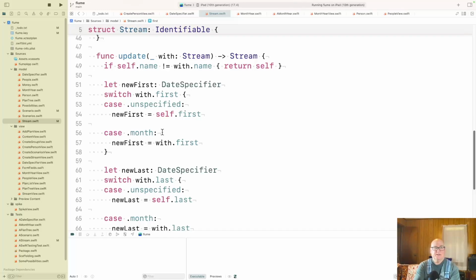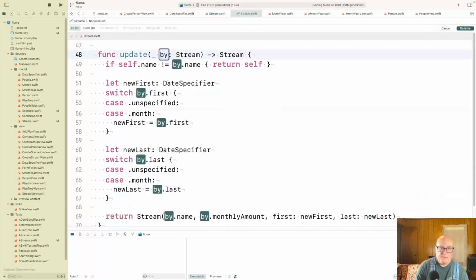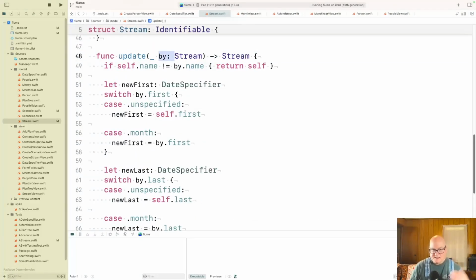with stream. The stream is okay, but maybe by is a better word here too. I don't know. I mean, that sort of says take the old and add the new. Using the keyword.